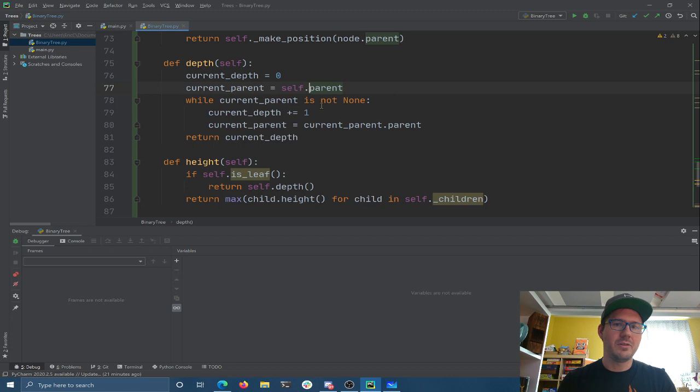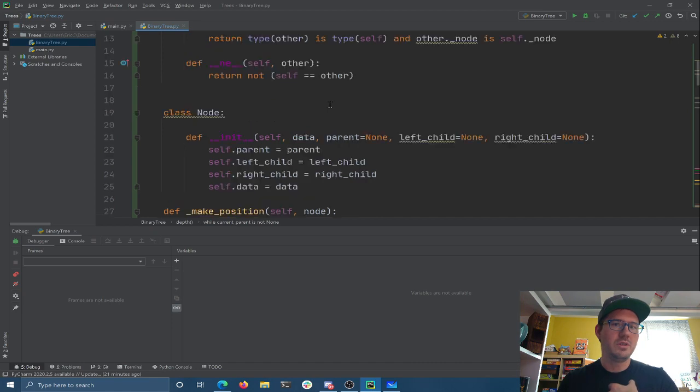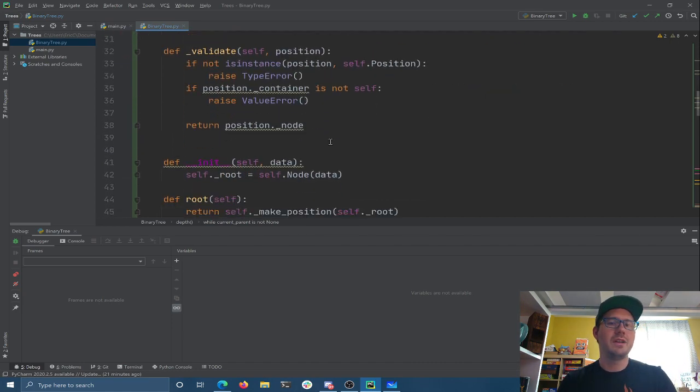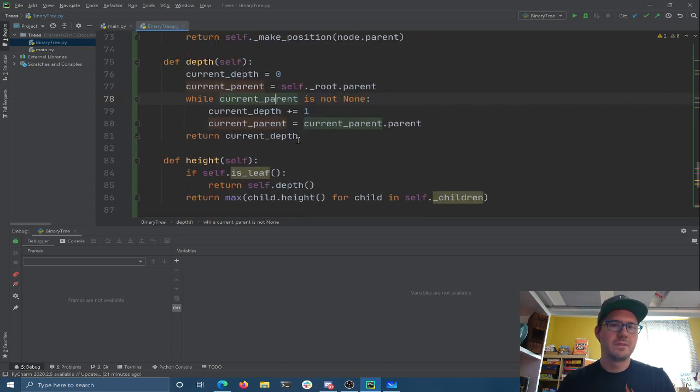So it's self.root.parent, right, is the current one. And then the parent's parent, because root is a node, and node has a parent. So we can just keep looking at parents until we find no parent there. So the depth,